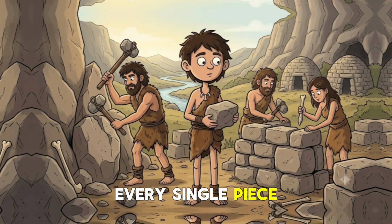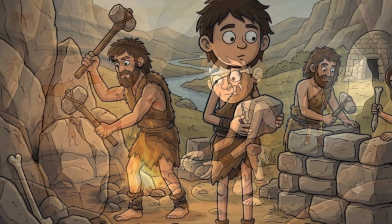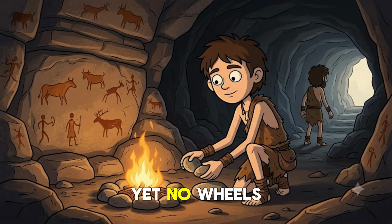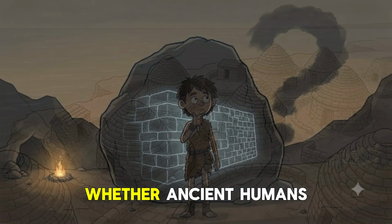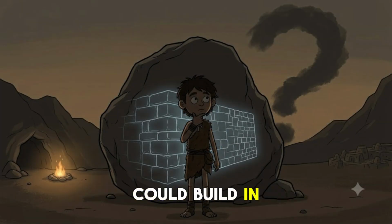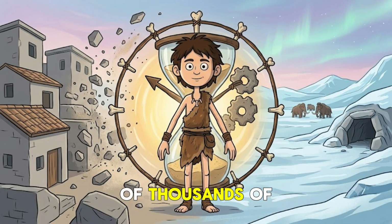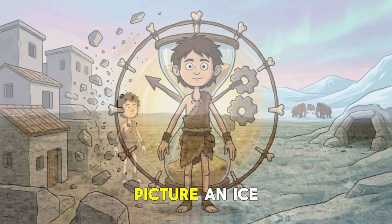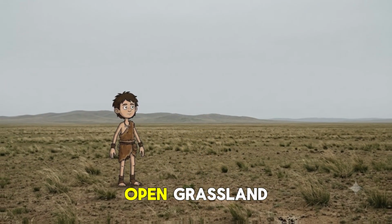Every single piece cut, shaped, and fitted by hand. No metal existed yet, no wheels, no writing, just people, rock, and time. So the real question isn't whether ancient humans could build in stone. It's how. Rewind further. Hundreds of thousands of years earlier, picture an Ice Age landscape, wind cutting across open grassland,